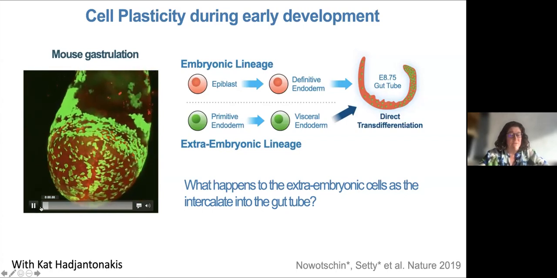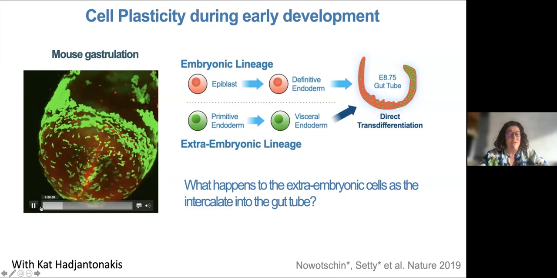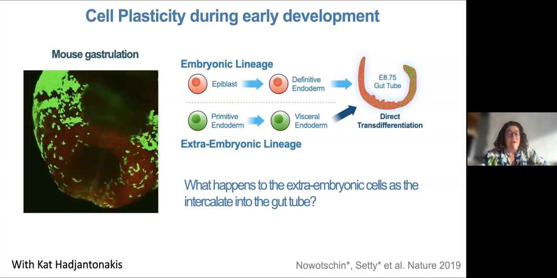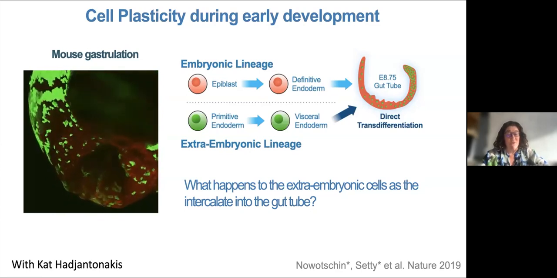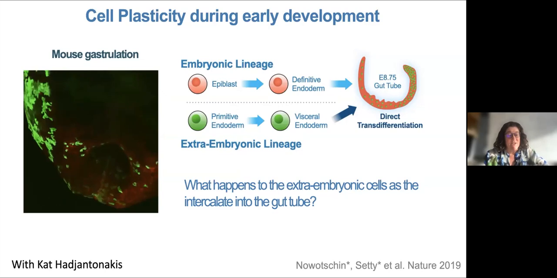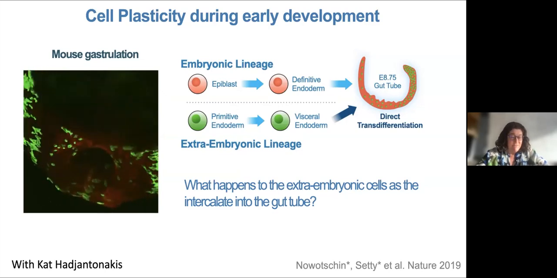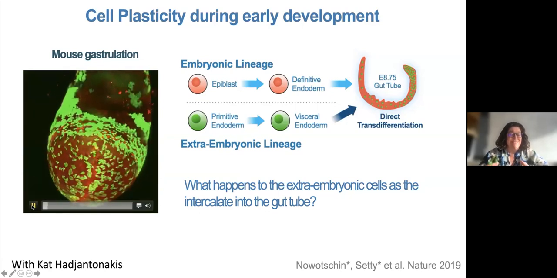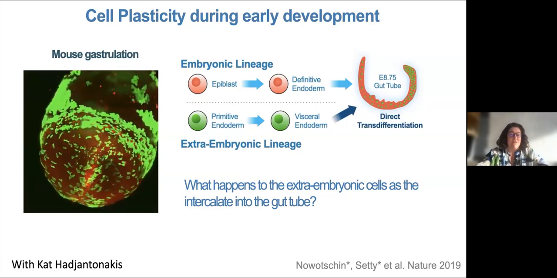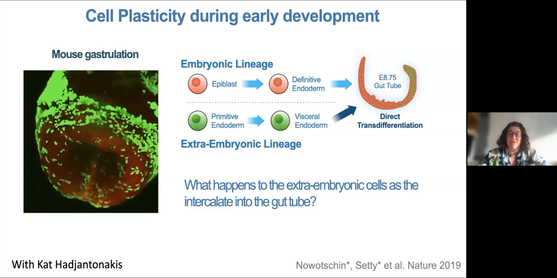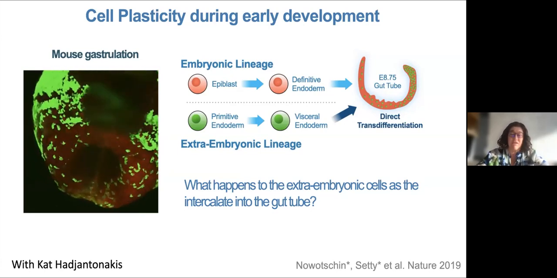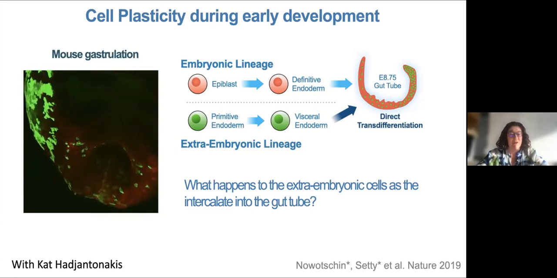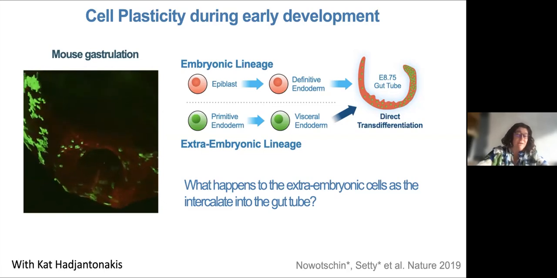This is work I did with Kaitlyn Gentanakis on endoderm development. What you see here is a gut tube during gastrulation. We have the extraembryonic cells in green that are slated to become extraembryonic tissues, such as placenta and umbilical cord. You see them actually being sucked into the gut tube. So the gut tube that gives rise to all our internal organs is actually a mosaic of both epiblast embryonic cells, but also extraembryonic cells that sort of found their way in, as you can see in this video.